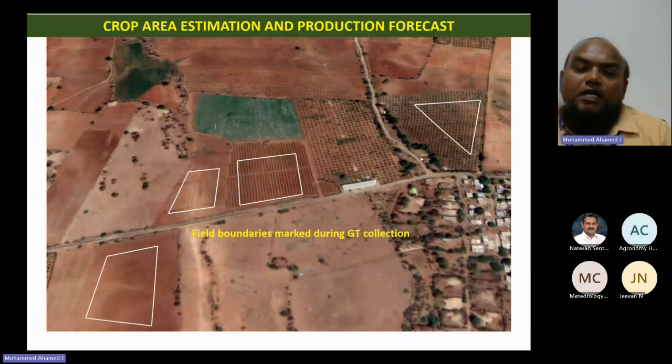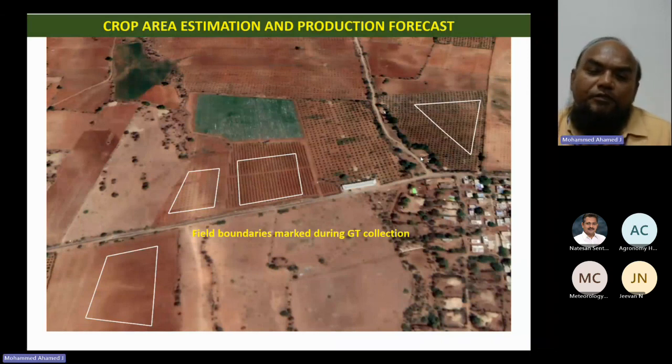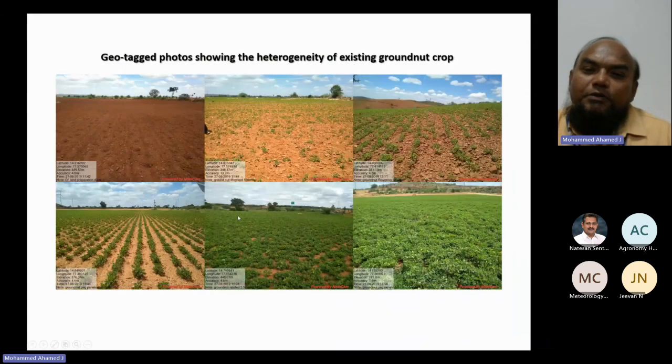And most preferably, with the availability of very good open-source apps, if we can polygonize this ground truth information, that would be of much help, and it will improve our classification accuracy using these geospatial data products. So the first prerequisite is good ground truth data collection. And once these data sets are collected,